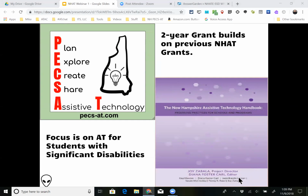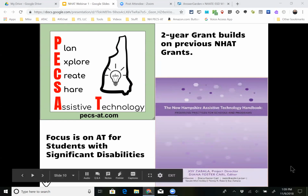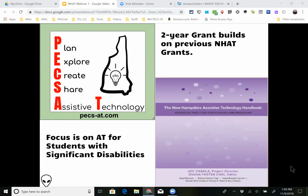As we start thinking about what we're hoping to accomplish here, part of it will be an extension of what was done previously. There was a previous 2-year grant, which, like Lori mentioned, some of you were part of, which focused on looking at the quality indicators for AT services, and culminated with the document on the right-hand side there, which is the New Hampshire Assistive Technology Handbook, which takes a lot of the quality indicators and puts a little customization on it and makes it more